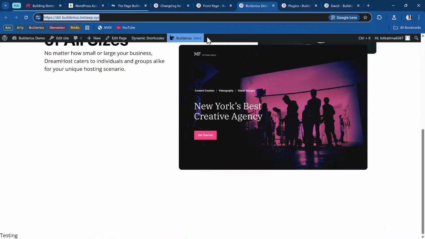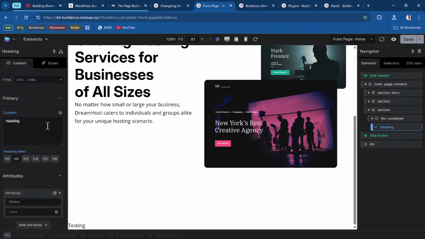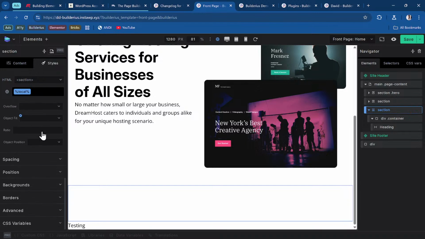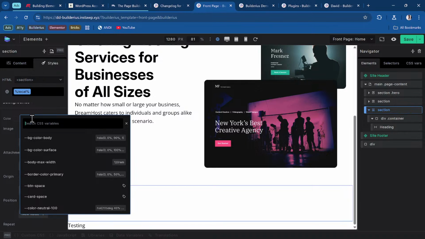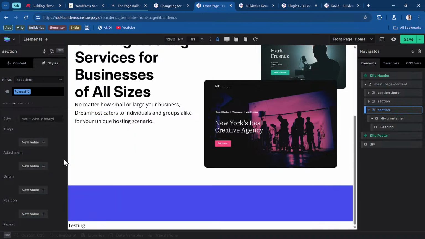So where did I add it? I added it to the heading, and I've not added any content. So let me add the content under primary and say this is a test heading. But because it's hidden, that's why you're not seeing it. So let's just give the section a background color. So let's say under backgrounds, I want to give it a color of, let me use the variable. So I'll do the double hyphen and say color, maybe primary. Okay, save it. Oh, sorry. Save,